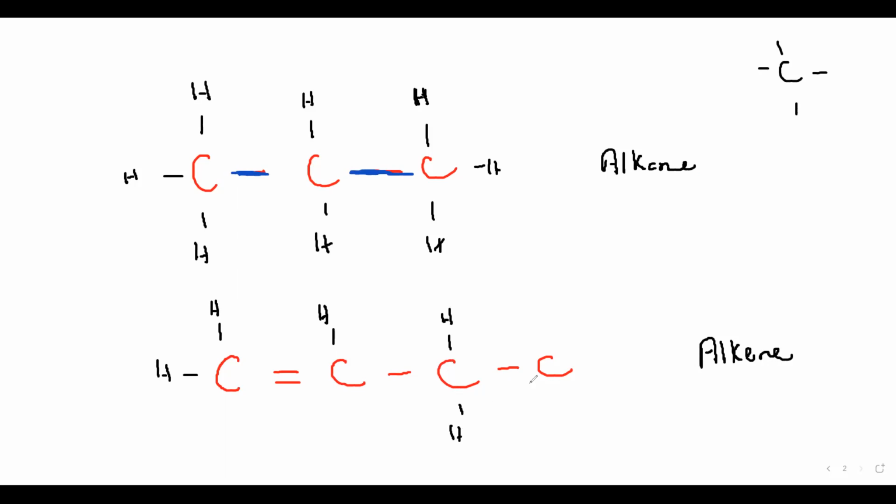The last one, only one bond is there. So how many hydrogen can it adjust? Three. So this is how we can complete a structure by just counting how many carbon-carbon bonds are there, and the remaining bonds are occupied by hydrogen,